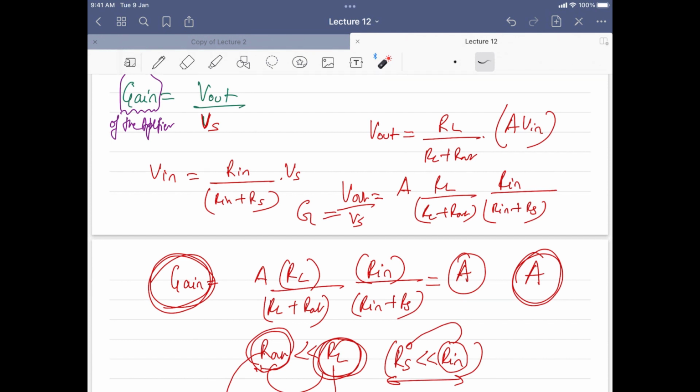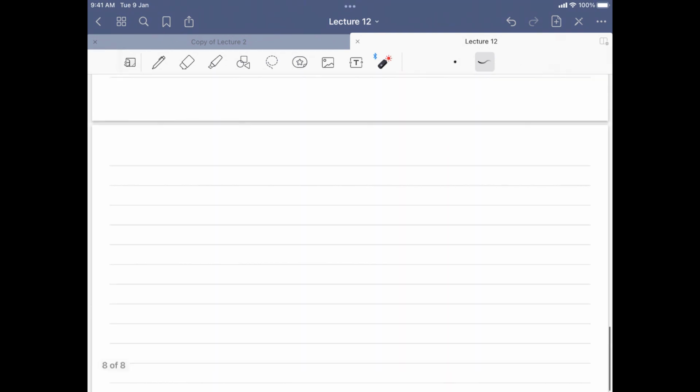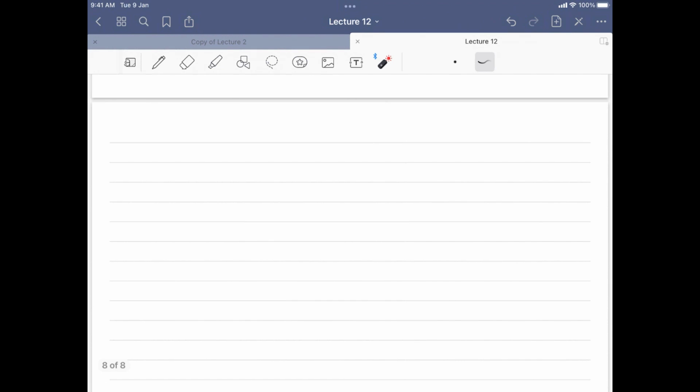Okay, so any questions? No, sir. Okay, so let me give you one small question on this. Let us say you have this as a... whether I should discuss this now or later is the question, because I want to explain something more. Okay, so we will discuss this question later, but right now I will discuss some more things about this operational amplifier. So let me discuss that first.